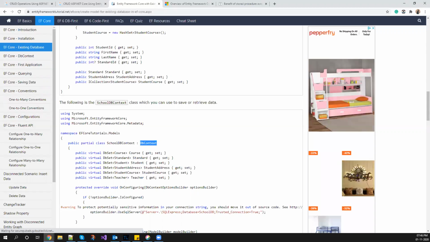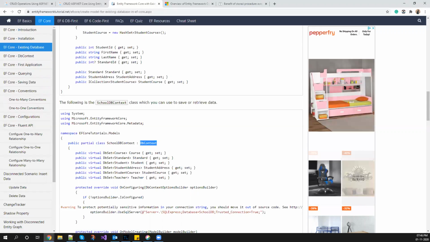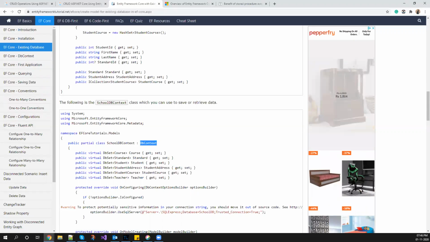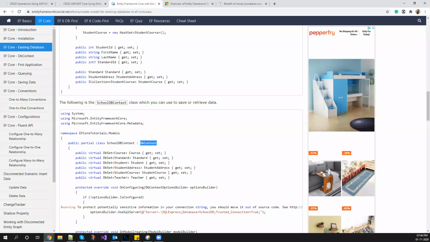Whenever you update your database context, it automatically refreshes your tables. Tables do not have a problem; they always get refreshed. If you have added a new column to your table, it will automatically get added into your code. The problem always comes with procedures. If you have added a new column into your procedure, or removed a column from your procedure, it does not get updated automatically. Even though it says yes, we are refreshing your procedures, it does not refresh your procedure exactly.